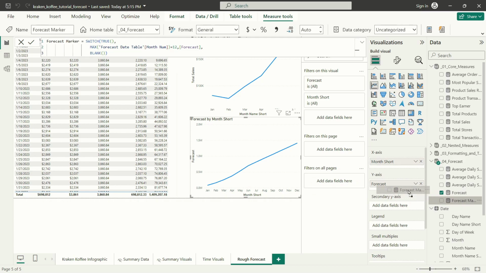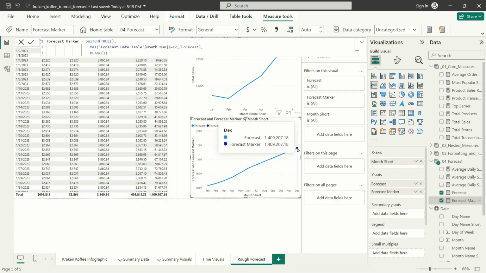And that's why our dot appears over here and only in December, because we're telling Power BI that in order to show anything, we want our max month num to evaluate to 12. If max num is 1, 2, all the way through 11, we want to return blank or nothing. Let's go ahead and see what this would do if, here, let's say greater than 10